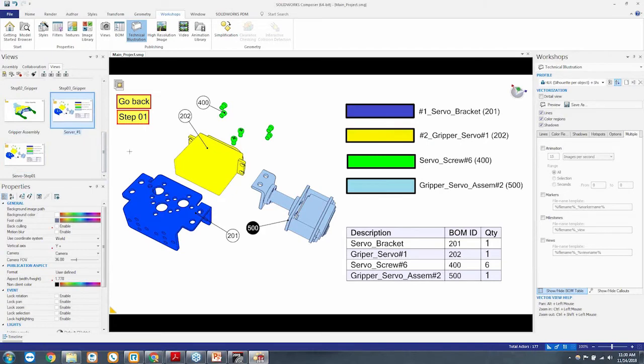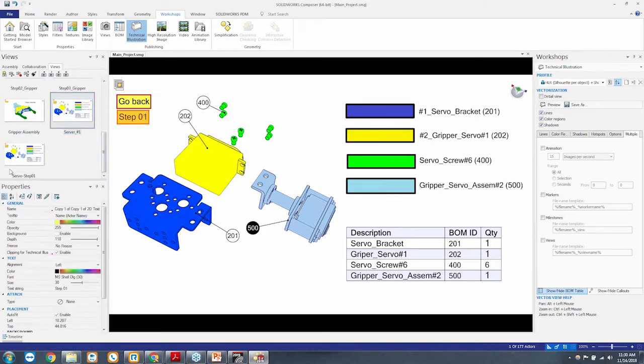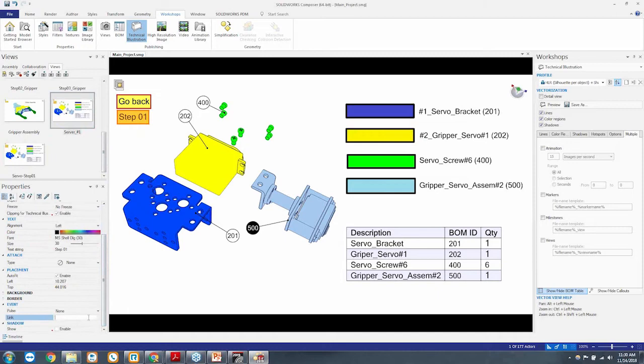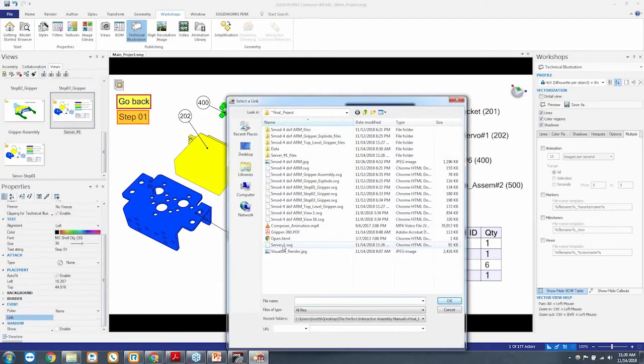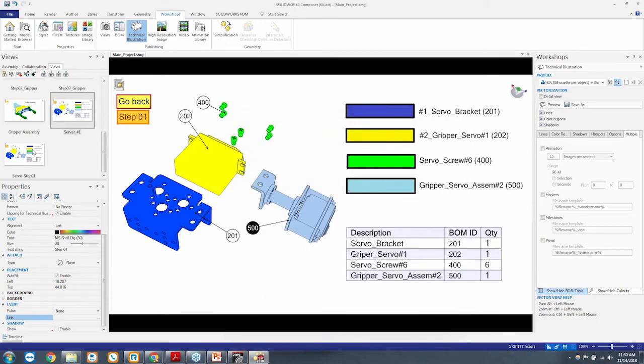Now I go back here, and I say, okay, well, when I click this button, I want it to go to servo step 1. So now I hit the 3 little dots. We got, oh, you know, I haven't saved it as an SVG yet, right? So I skipped a step. So I go back here,